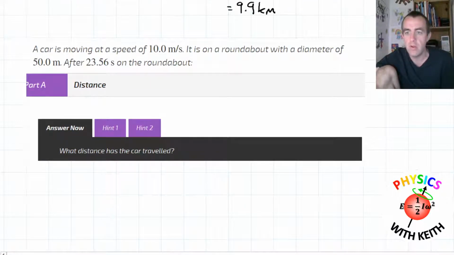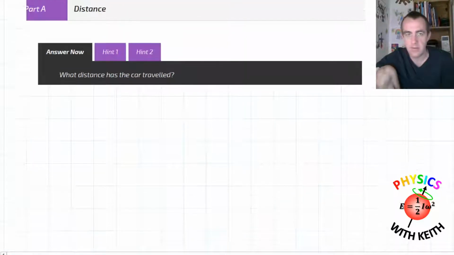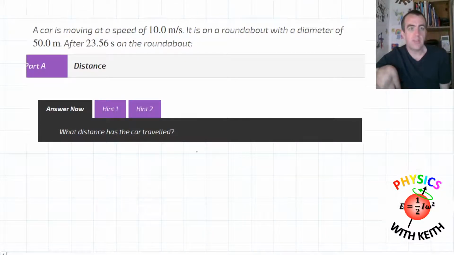Scroll up a bit more. Oops, that was a bit too far. Okay, that'll do. Okay, so we've got a car moving at a speed of that, round about the diameter of that,